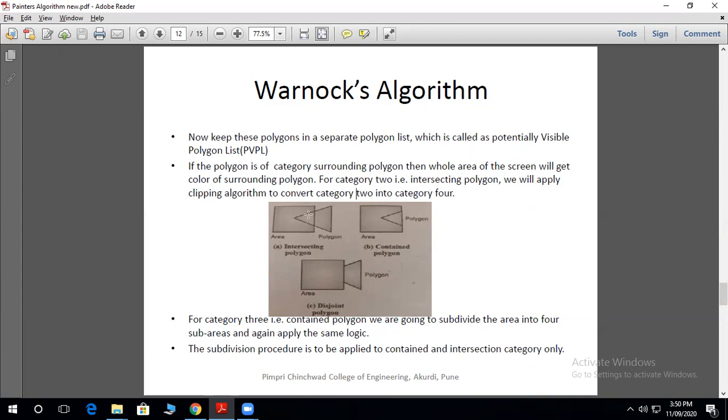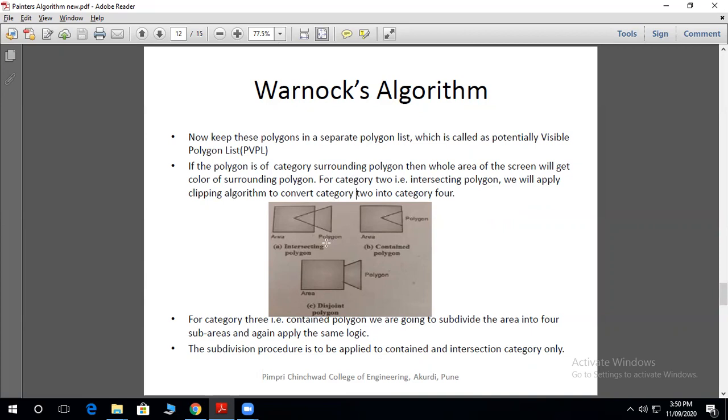But the intersecting polygon is converted into a contained polygon. Now we apply the subdivision procedure on this contained polygon. For category 3, we subdivide the area into 4 sub-areas and again apply the same logic. The subdivision procedure is applied to the contained and intersecting categories only.